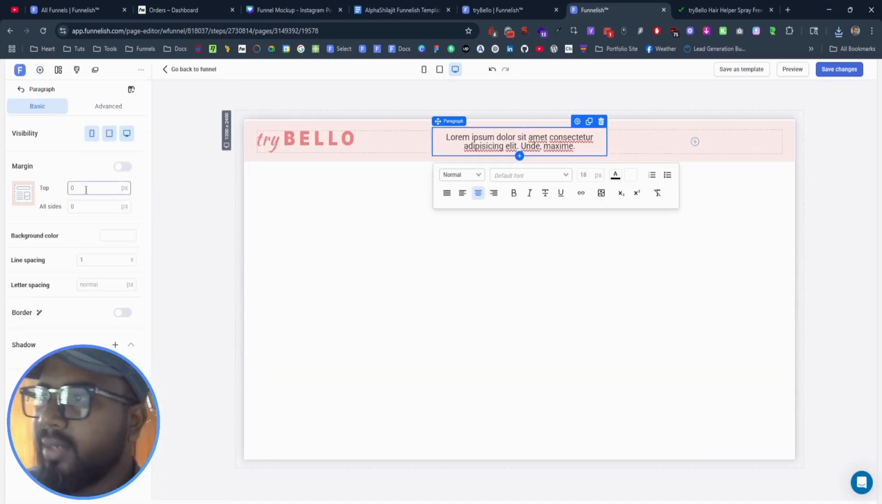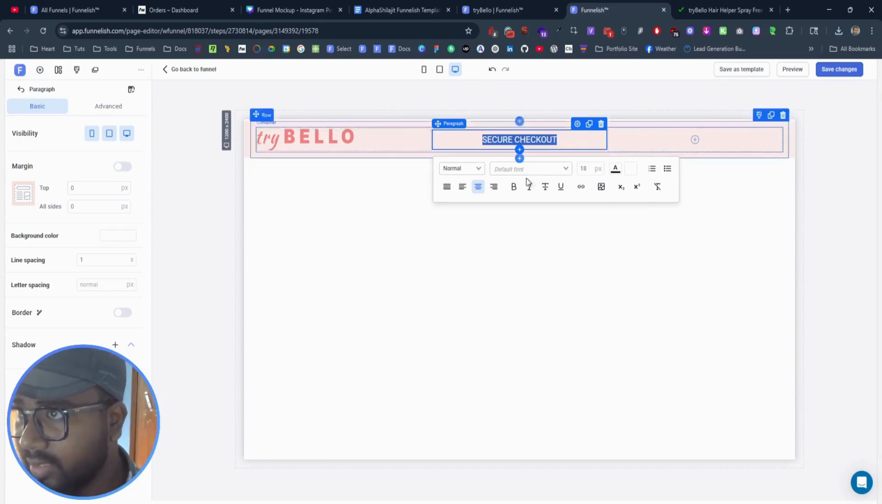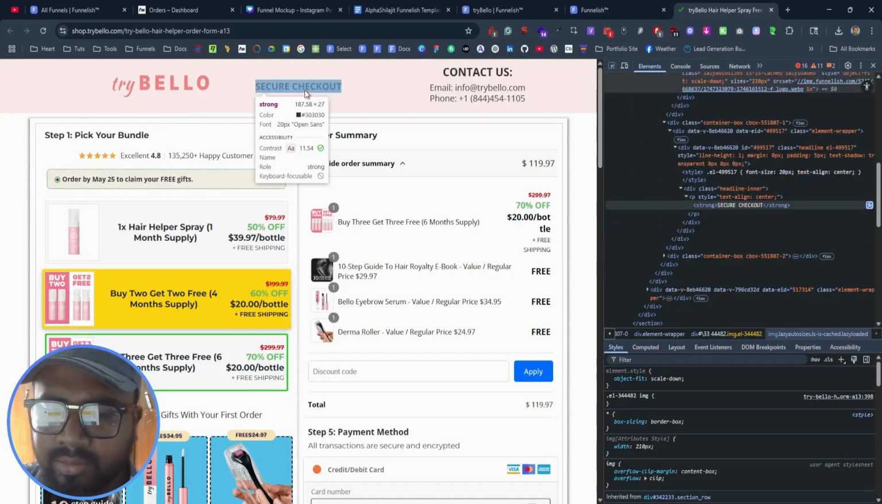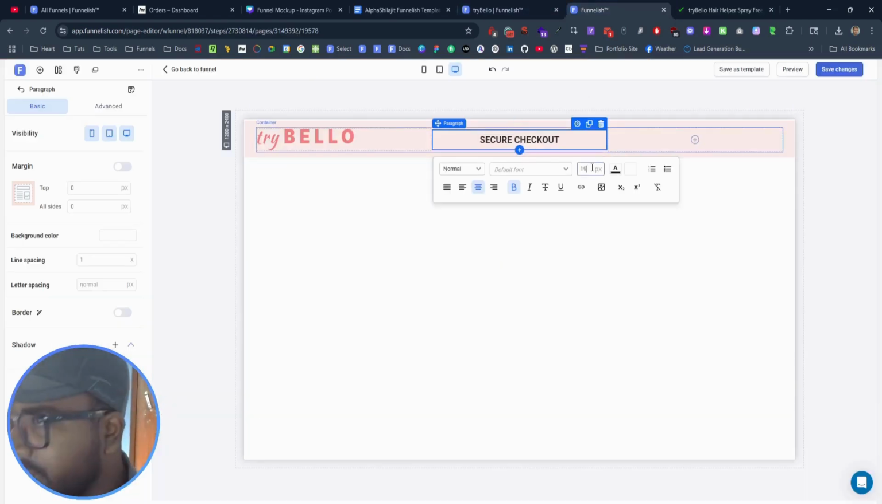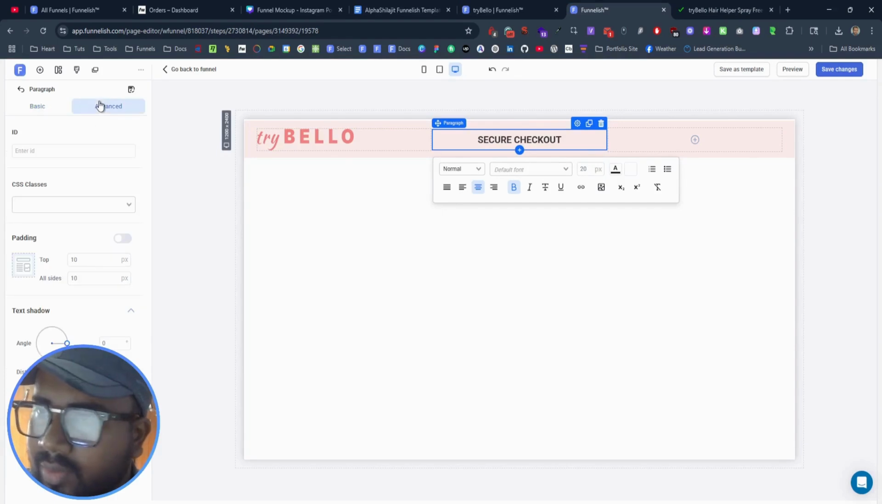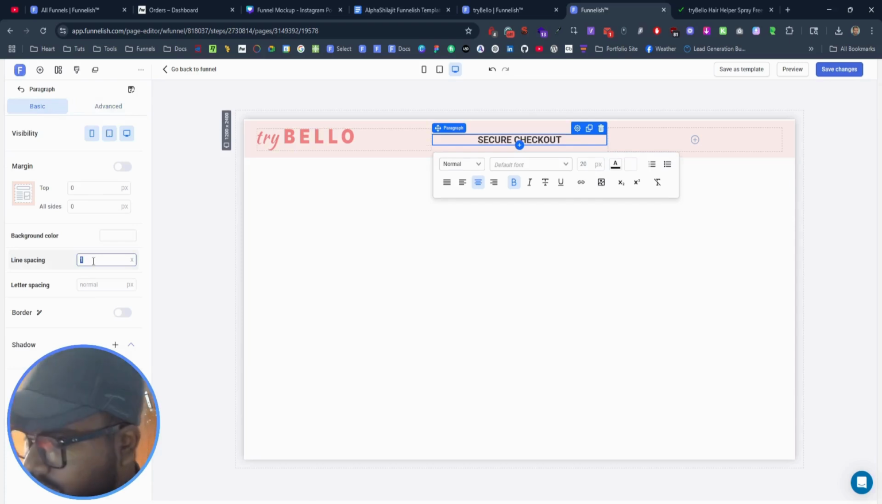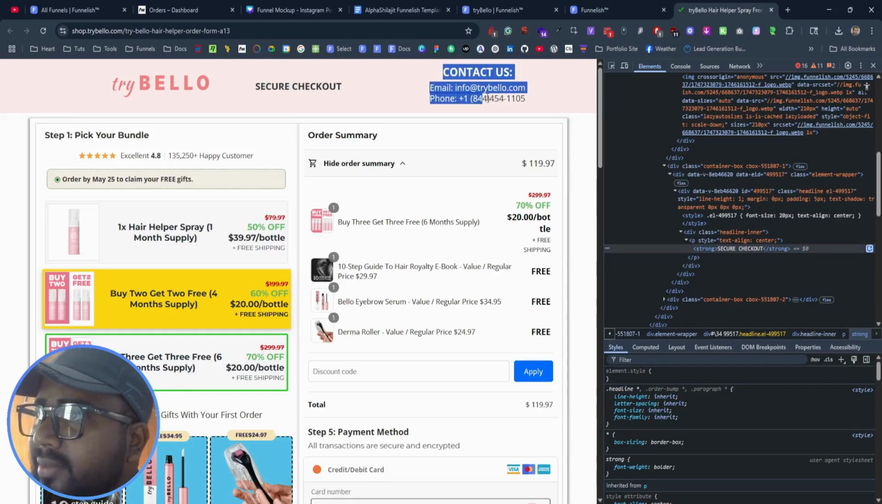margin top from here, and then pasting the text we just copied, and the text size is around 20 pixel exactly. So we are increasing our font size or text size, and removing the padding as well, and increasing the line space to something around 1.5. Then our next